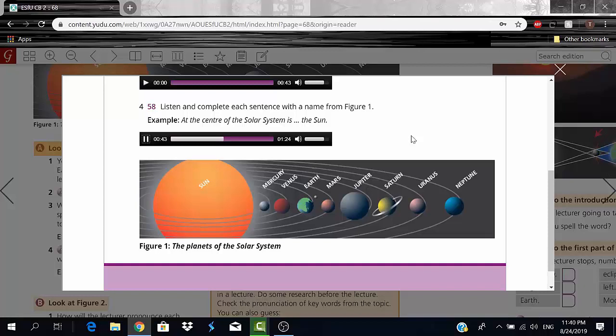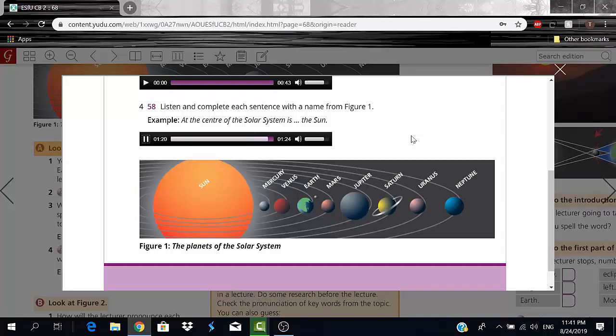It is called Saturn, Saturn. 5, The largest planet in our solar system is Jupiter, Jupiter. 6, The planet between Neptune and Saturn is called Uranus, Uranus. 7, The planet next to Mercury is called Venus, Venus. 8, The smallest planet is called Mercury.